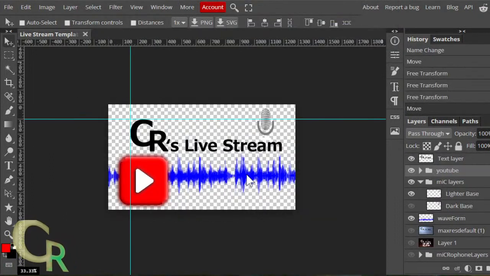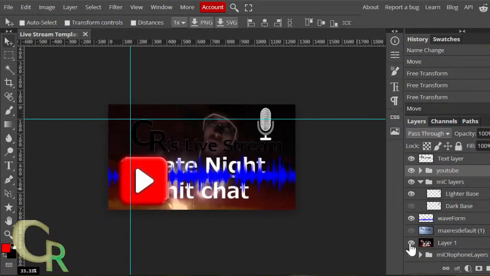Yeah. I just changed it so it looks more blue. It almost looks like something I would see in Audacity or some audio editing software to see the waveform. I made a microphone that is either dark or light, depending on what I'm using it for, so I get good contrast in my live stream background. So, obviously, for example, I use this one and this one. So I actually have a dark background, for example, and my play button's still there.